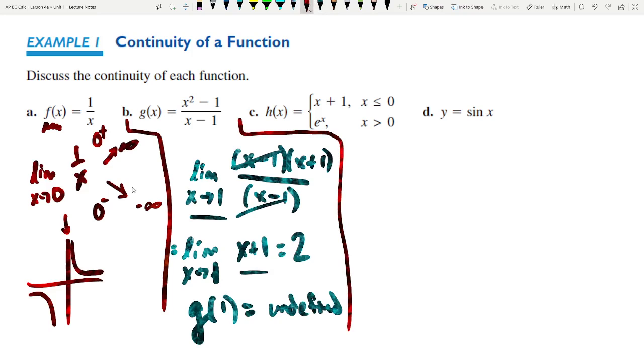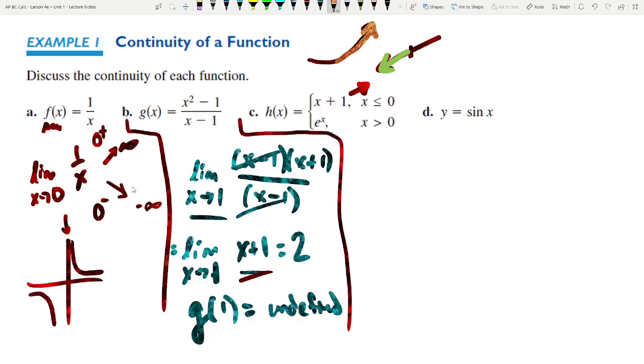What about for h? We have a continuous function here, right? That's just a line, x plus 1, which we looked at over here. And then we also have e to the x, and e to the x is something that looks kind of like that. And I guess it goes up more steeply. So when x is less than or equal to 0, then we are looking at this function. And so we're going this way. This way. And then e to the x is when x is greater than 0, so that's looking at this